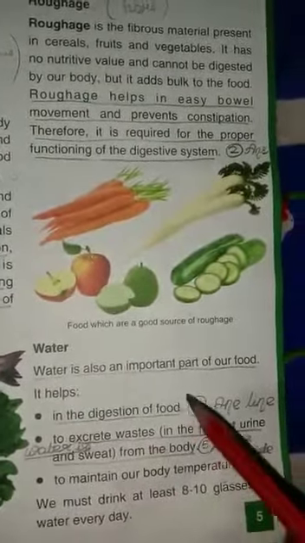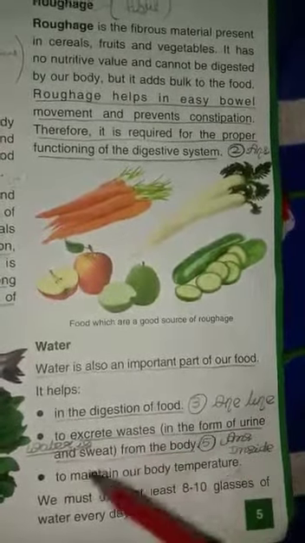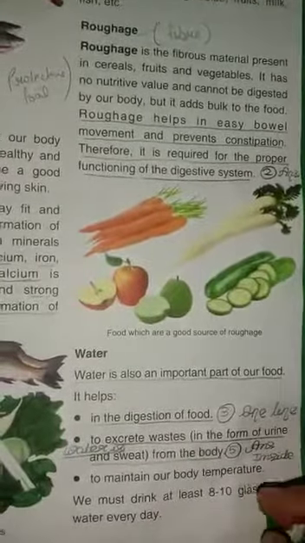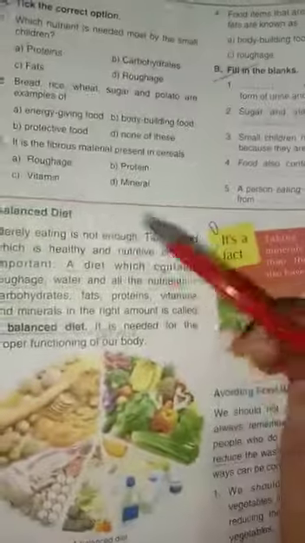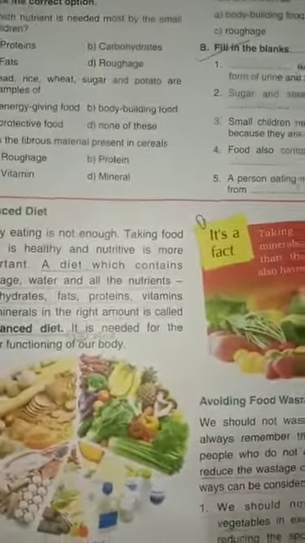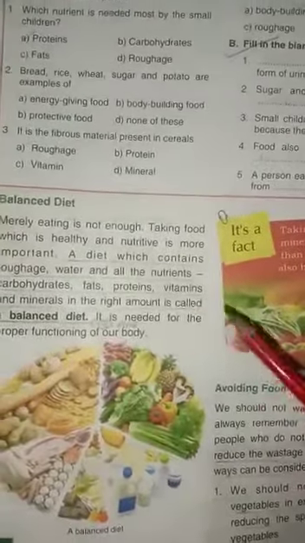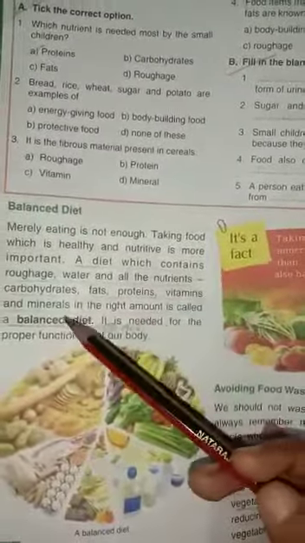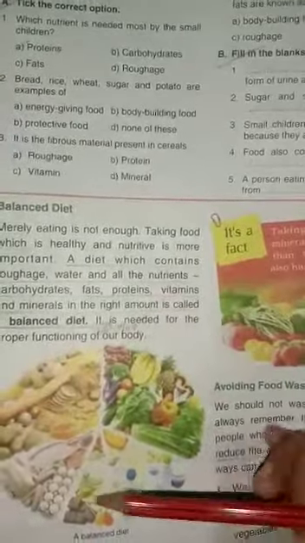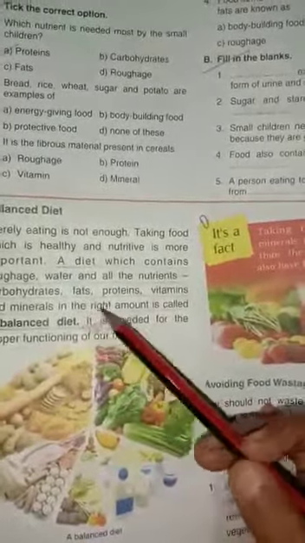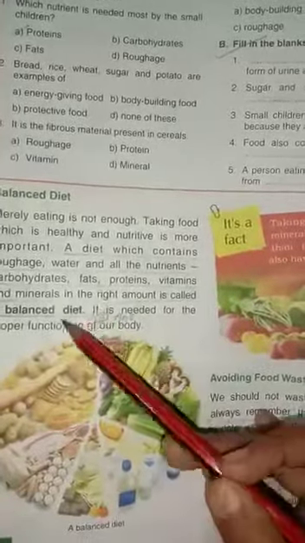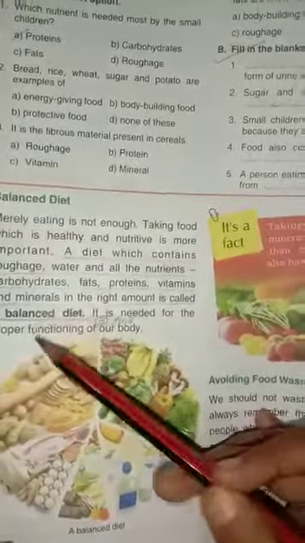Okay, and water helps in digestion of food and also to excrete waste in the form of urine and sweat from the body. We must drink 8 to 10 glasses of water every day so that we can easily digest our food. Now, balanced diet. What is a balanced diet? A diet which contains roughage, water and all the nutrients. All the nutrients means we have discussed carbohydrate, fat, protein, vitamin and mineral. So when we get these foods in the right amount in our daily life, we can say that we are eating in a very balanced way. So it is a balanced diet,